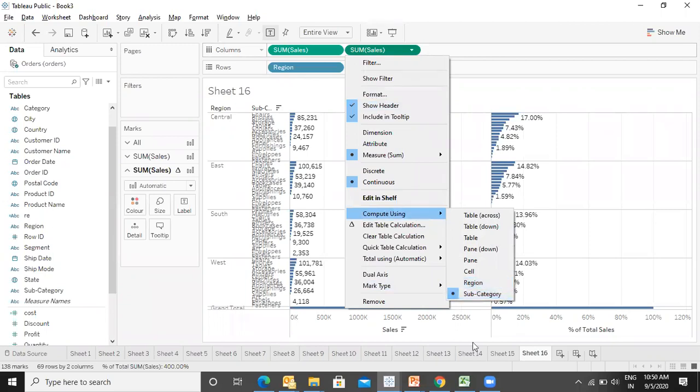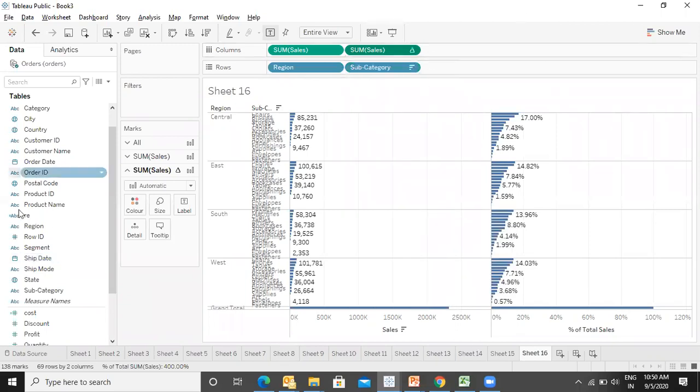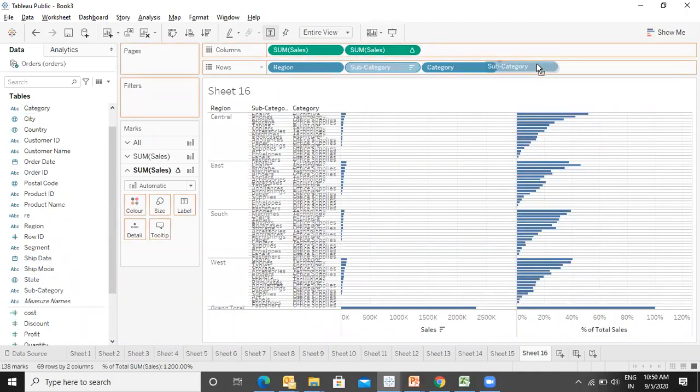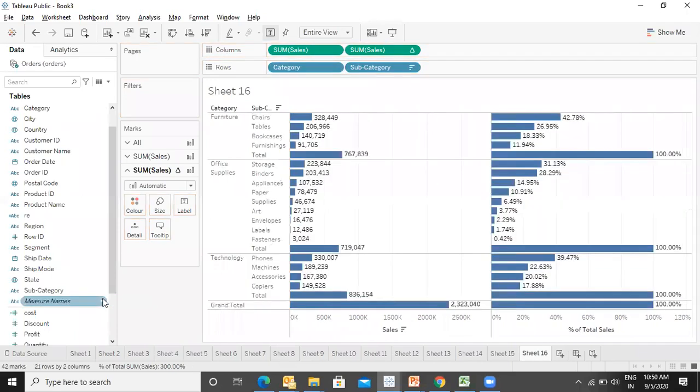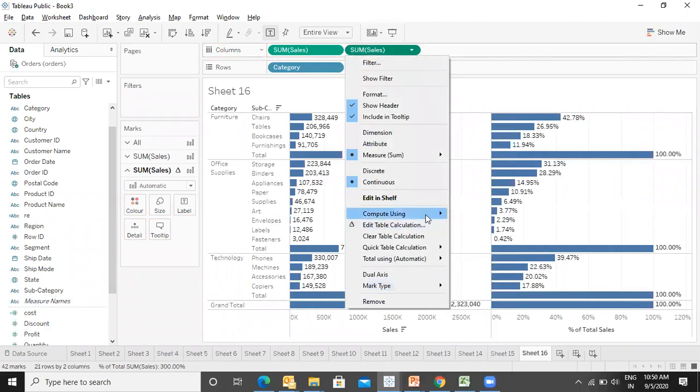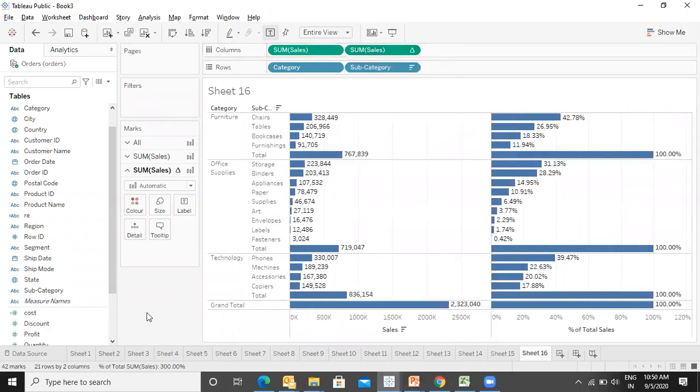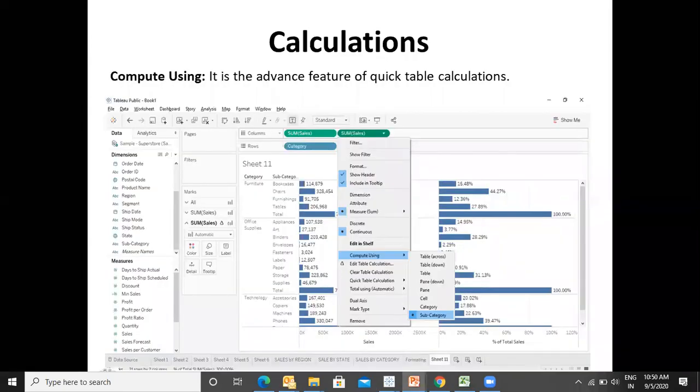So it depends on what you have selected over here, in our columns. Now, if you go here, you will be getting the category and the subcategory. So it's the dimension that I've selected. Yes, absolutely.